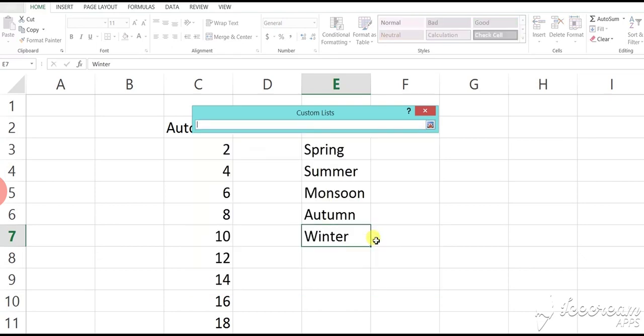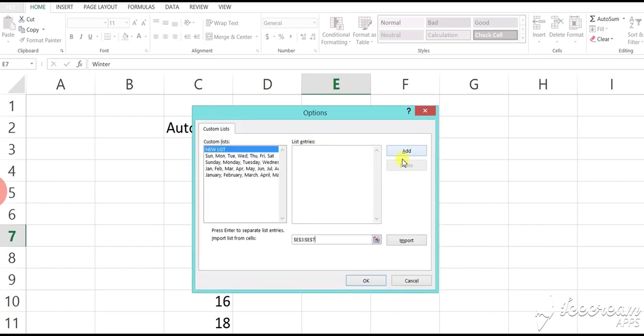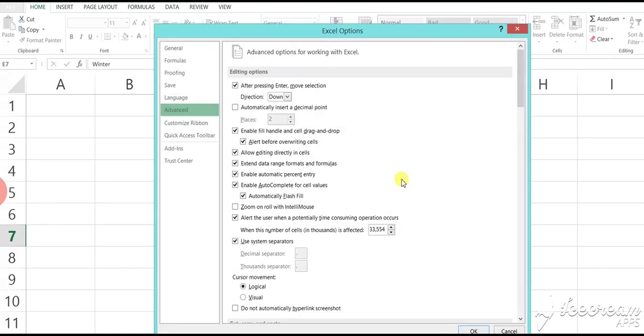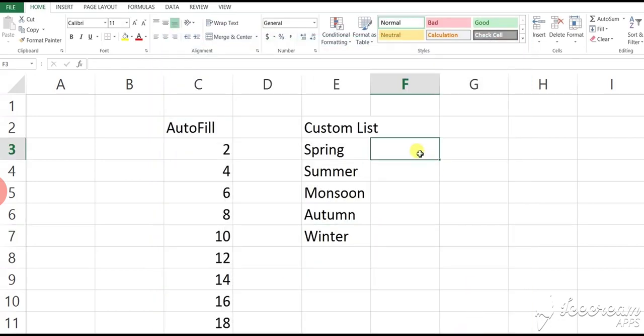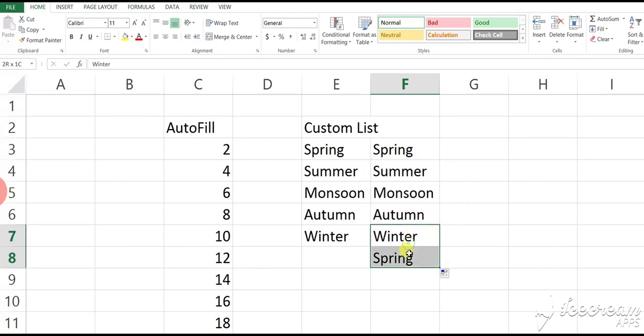Then click on the option and select the list, then OK, then click on the Import button. In this way we can import the list in the Options dialog box. Then click OK, then again click OK. So whenever you need this list, type only the first word of the list and then drag your mouse pointer. In this way we can insert a list in the sheet.